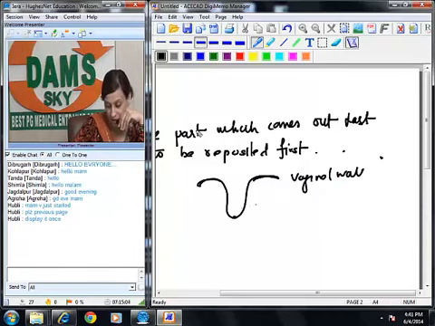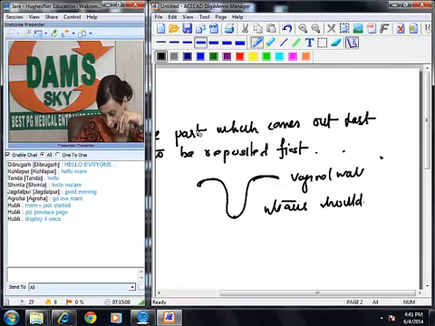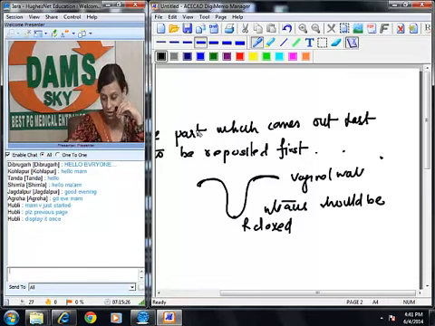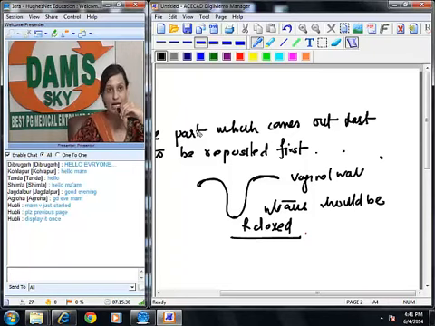Now, ideally the uterus should be relaxed. So the uterus should not be tonically contracted, because if it is contracted, the ligaments will also be taut and we'll not be able to put it back. So in order to put it back inside the vagina or the pelvis, the uterus has to be relaxed. So we do this in a relaxed uterus. We try and reposit it by manual reposition. If manual reposition fails,